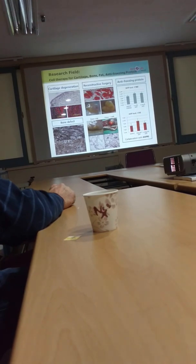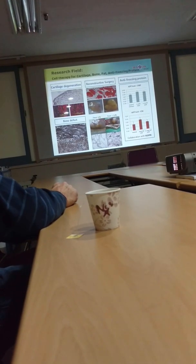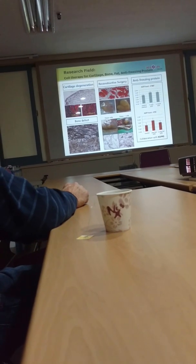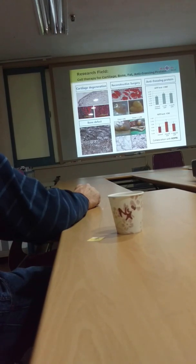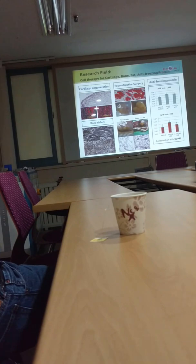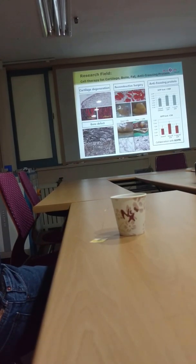This head is from human, and this is mouse. It's very interesting. Mouse blood vessel is introduced into human fat tissue. It's a very, very interesting and important thing. The new vessel is introduced, and the function of angiogenesis is very important for transplantation. And this one, like this anti-protein, in collaboration with